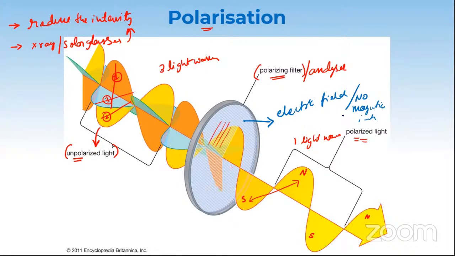For example, if I take a pen, in a pen there is electron, there is proton, there are charges. But is there any magnetic property for a pen? No. If you take your phone, there are charges in your phone also. Not in the charger itself, but on the screen, it's a capacitor. All of the objects which you see in the universe carry a charge, but not all of them carry a magnetic field. So we'll not consider magnetic field because it doesn't interact very much. We're only considering electric field.